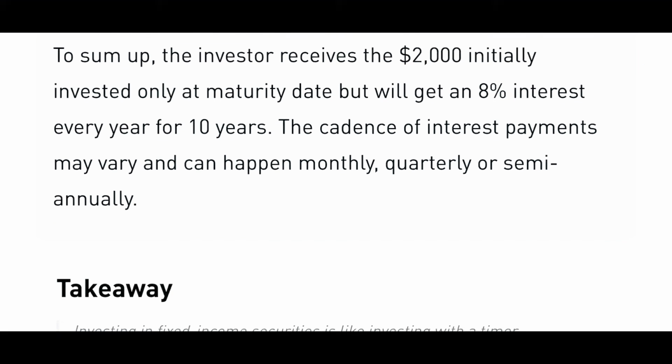To sum up, the investor receives the $2,000 initially invested only at maturity date, but will get an 8% interest payment every year for 10 years. The cadence of interest payments may vary and can happen monthly, quarterly, or semi-annually.